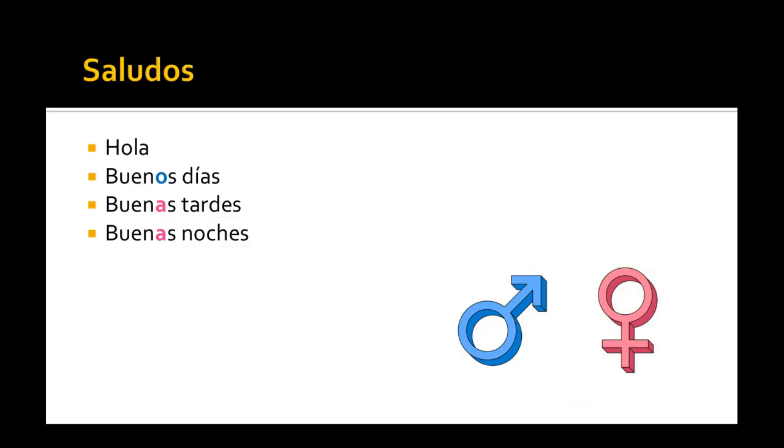So moving on, saludos. Saludos are like salutations. We're going to start out here. Repite. Hola. Buenos días. Buenas tardes. Buenas noches. Now I'd like to point out to you that this H is silent when we say words with an H. Act as if it's not there, but it is spelled with an H, so it's hola.